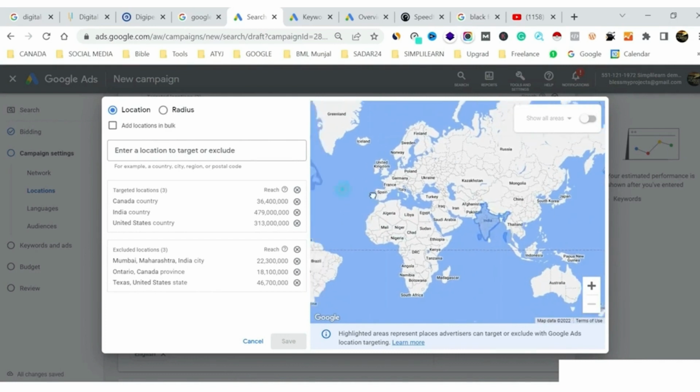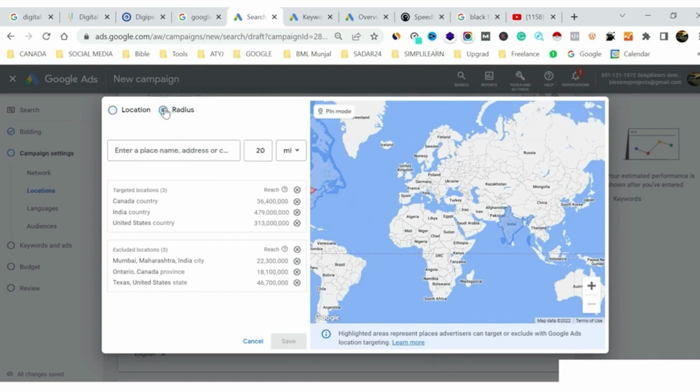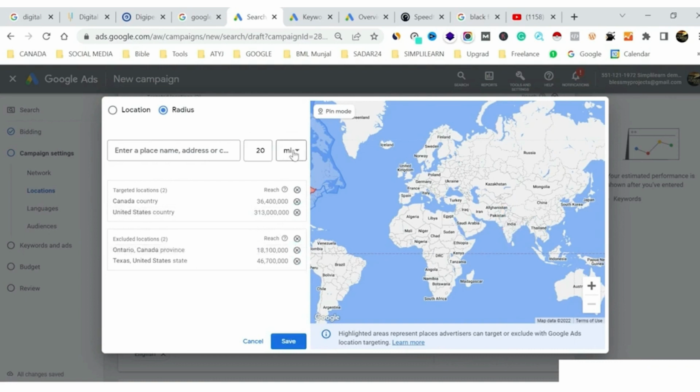Okay, plus we can do the radius targeting here. Suppose I sell something within the radius of 1 or 2 kilometers or 1 or 2 miles, so I have to just select that part. Suppose if I just deselect India right now and deselect the Mumbai exclusion as well, and consider that I have a restaurant or a cake shop in Delhi,